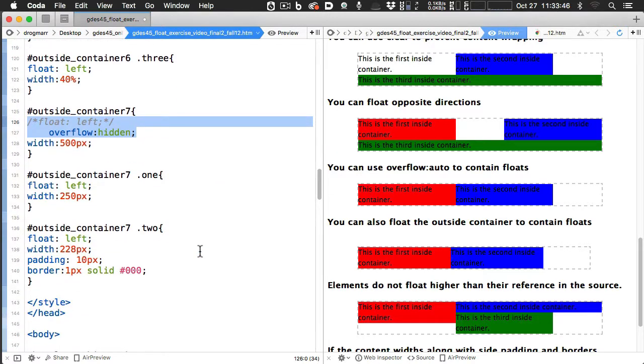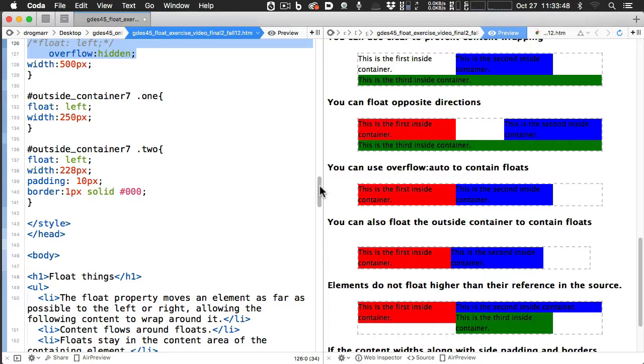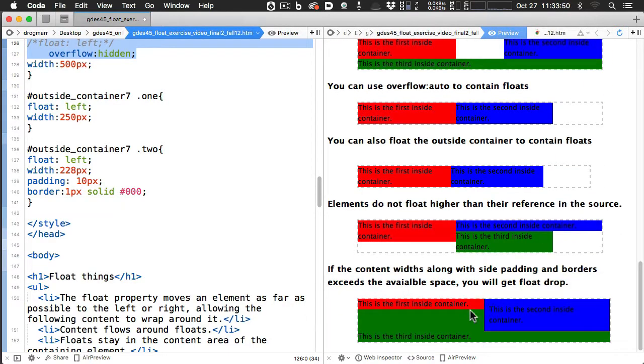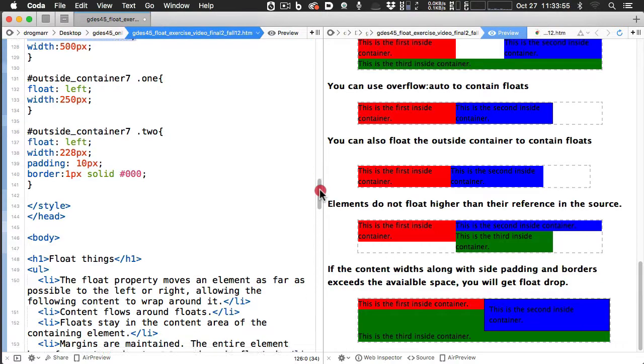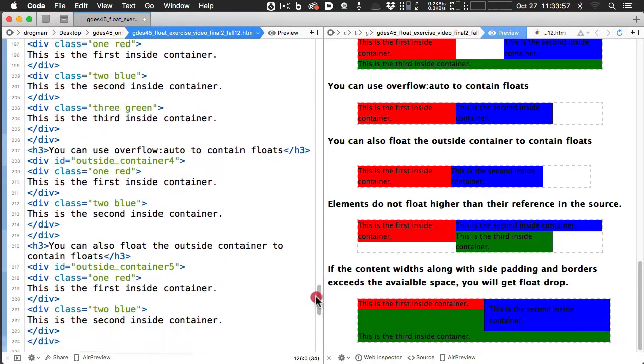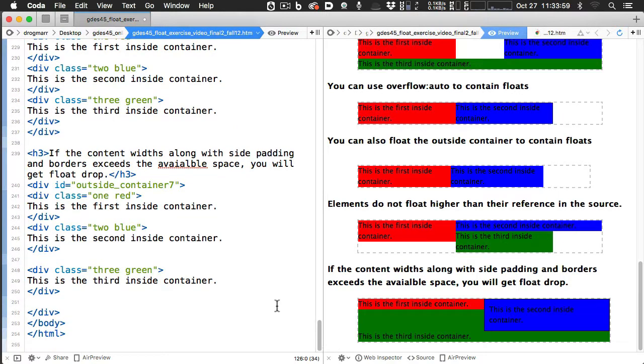So with that being said, now we're going to add another box, and that's where I wanted to show you how I can create this effect with padding and border, but not have to do all that math where we had to subtract the padding and the border and all that. So I'm going to go down to the bottom,